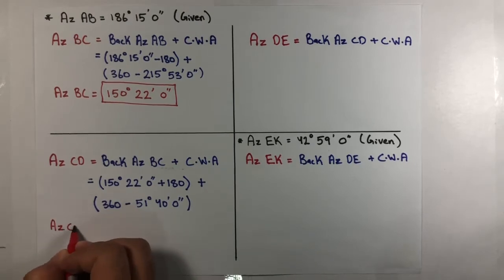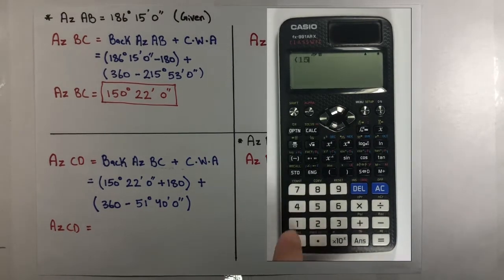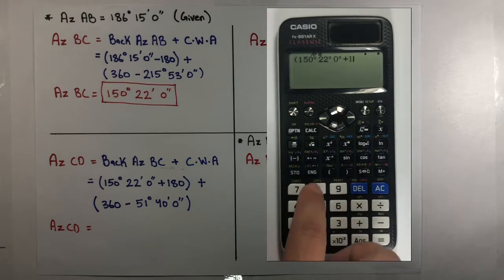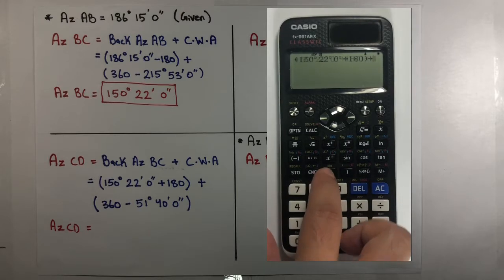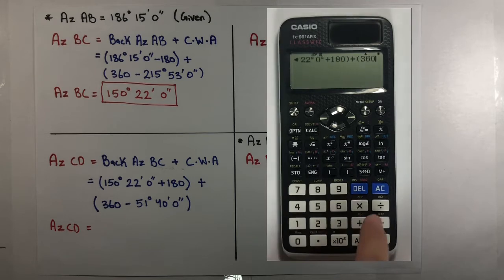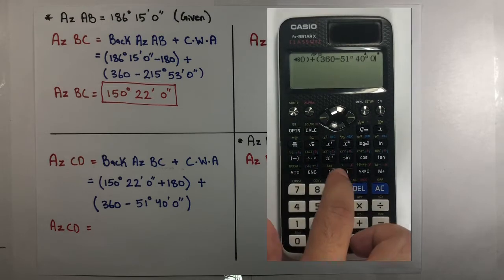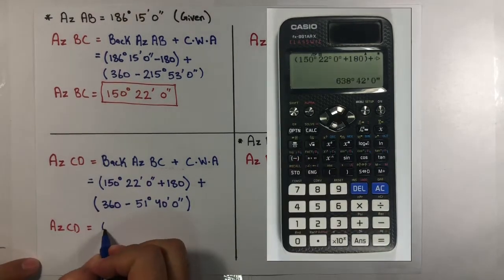Azimuth of CD is equal to, let's make the calculation, 150 degrees 22 minutes 0 second plus 180 degrees plus 360 minus 51 degrees 40 minutes and 0 second. So we'll get our result